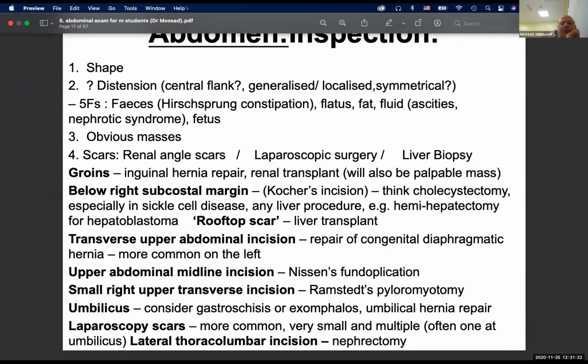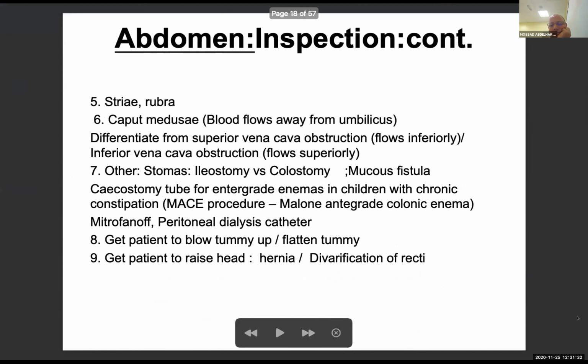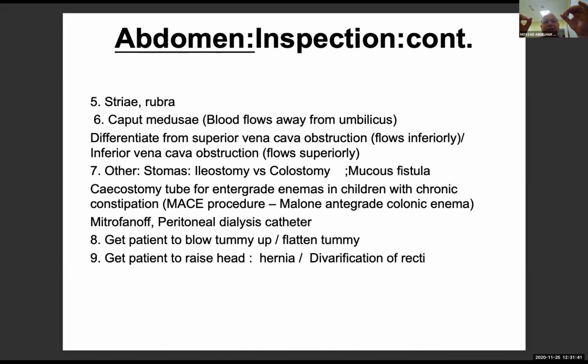Yeah, very good. So we spoke already about the inspection. For inspection also, we must check for stria. Stria means you will find streaks in the abdomen. If you remember during OBGYN, you will see something known as stria alba because of the stretching by the fetus. Here, if there is stria rubra, it will accompany some cases like steroid toxicity and Cushing syndrome.